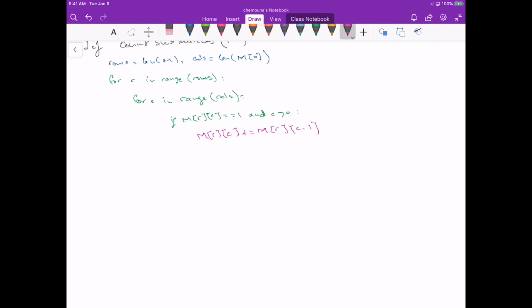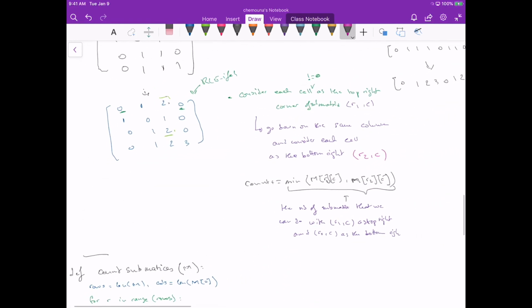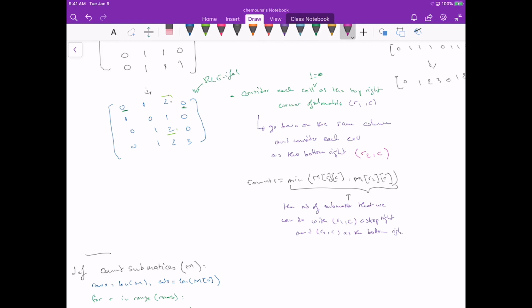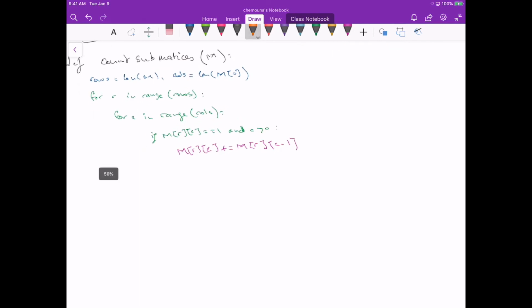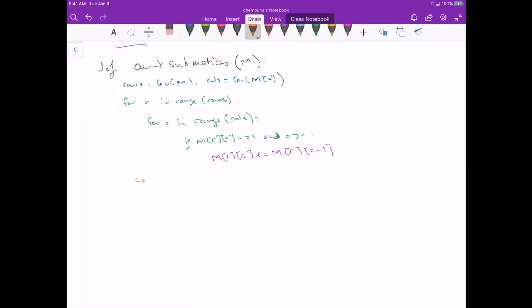We'll start to do the operation here where we consider each cell as the top right, go down to consider as the bottom right, and then do the min and add that to the count. So we need first to initialize our count. So let's initialize our count to 0. And then we'll do the for loop here. So we need 2 for loops. R1, right? Considering each cell as the top left. And then for C in range of columns. And so at this point here, we would have R1C as top left,